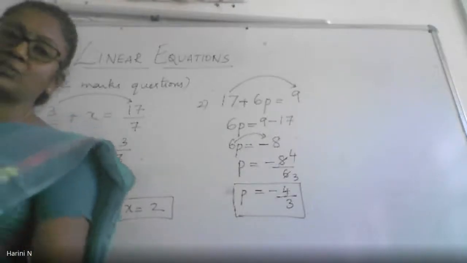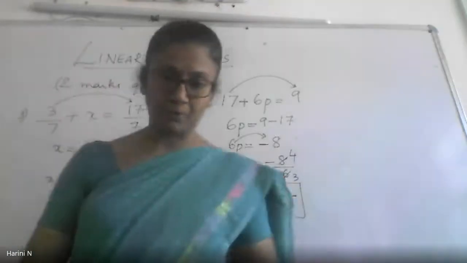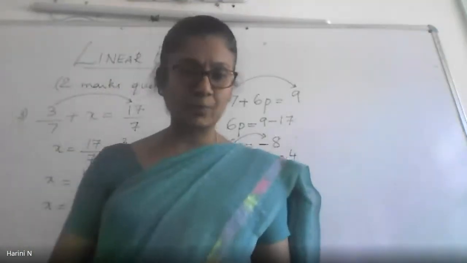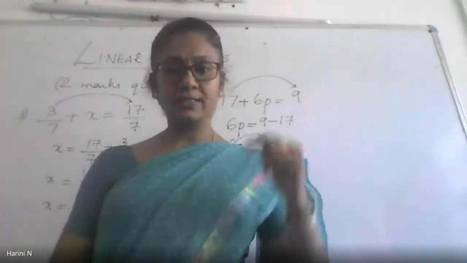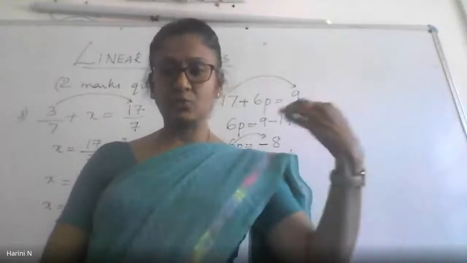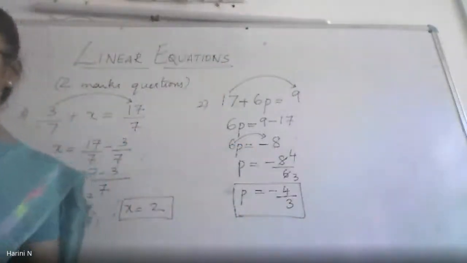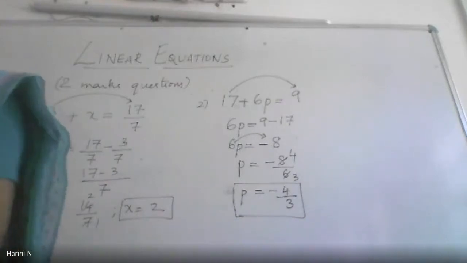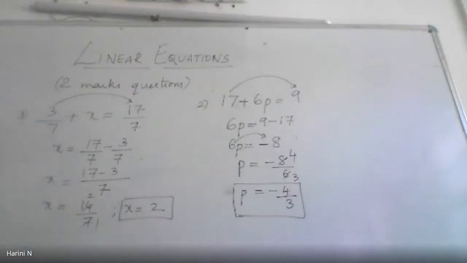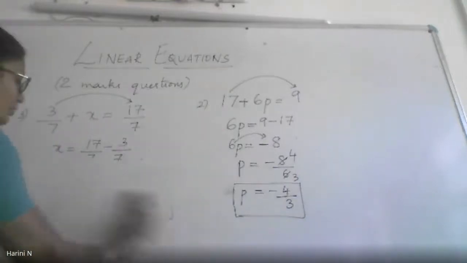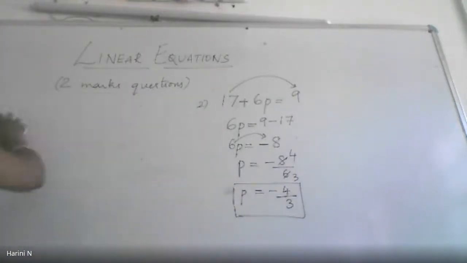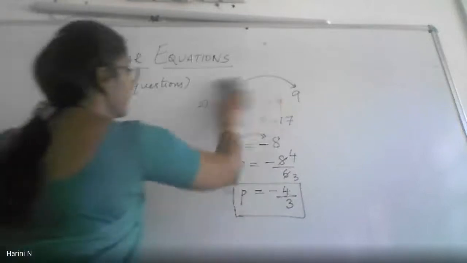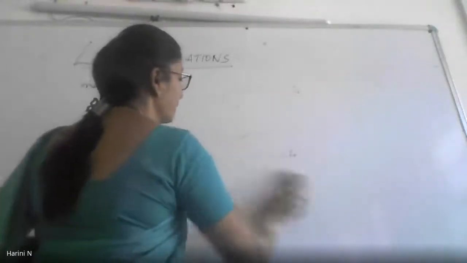Next, moving on to the 3 marks question. The 4 marks question will definitely be a word problem where you have to frame the equation first and then solve. That we will take a little later. For the 3 marks question, you will have equations with fractional coefficients where you have to first reduce them into simple equations. Let me take a few examples and revise it quickly for you. Now we have the 3 marks question. What kind of questions can come?